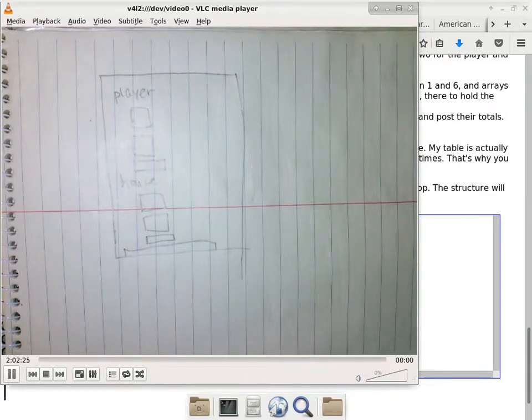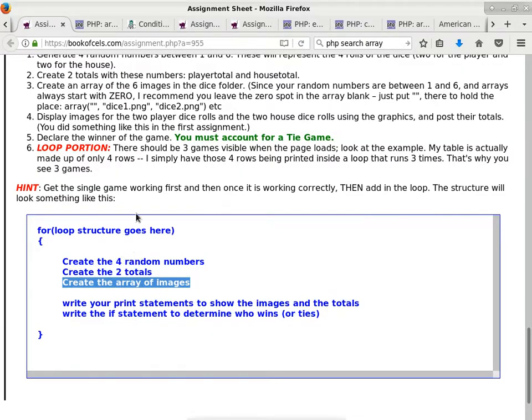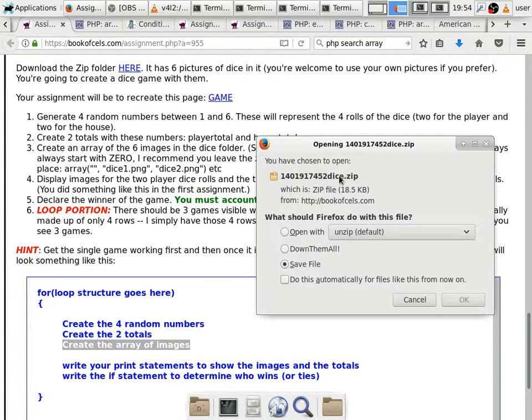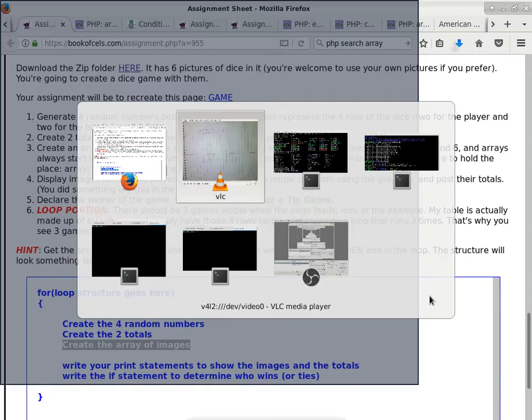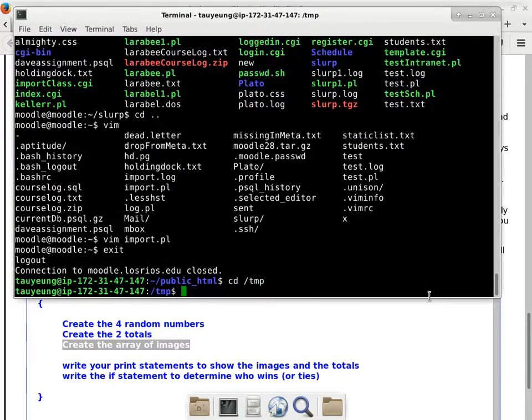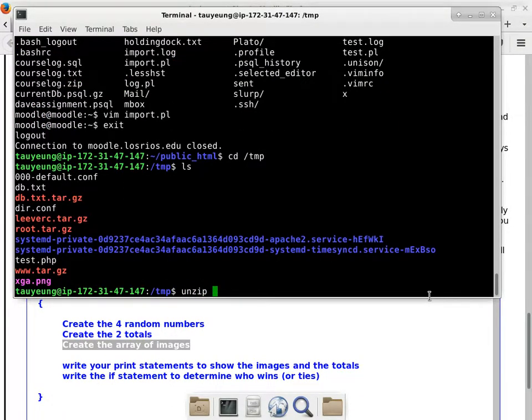I have a question. Yep. So for the images, are we generating a random number, or are we putting a number to each image? We are generating the random numbers, but then you're pulling the images that are already provided here. Okay, so the image has a random number associated with it. Let's take a look at the zip file. The image names will be different. I'm suspecting there's a pattern to the names of the images, like 1, 2, 3, 4. That would be what I think is the case. Oh, this is not the local machine.